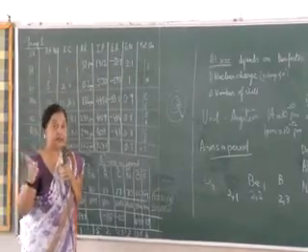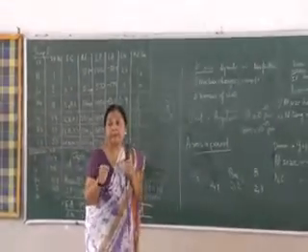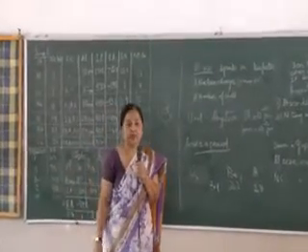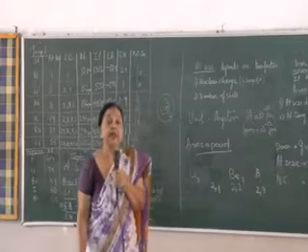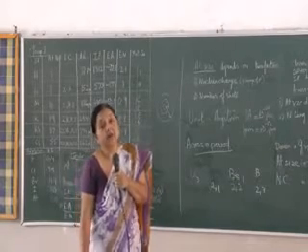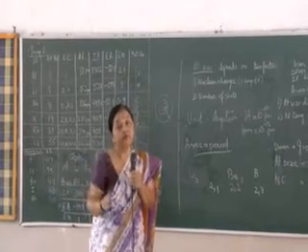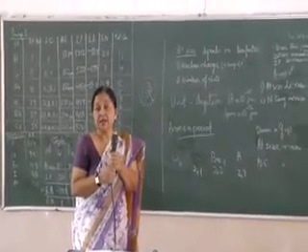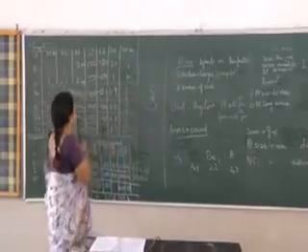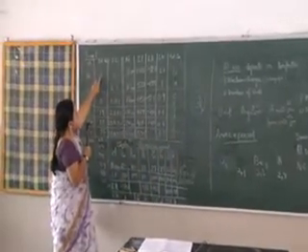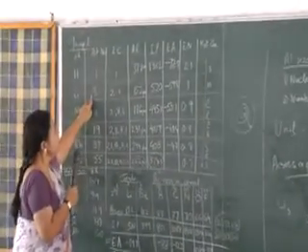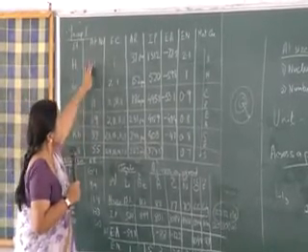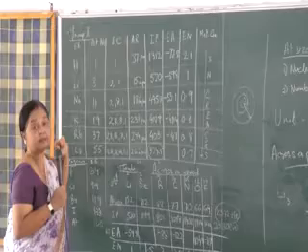The other factor, what is the other factor? Nuclear charge. Number of shells is one factor. It keeps on increasing, so the size keeps on increasing. The other factor is nuclear charge. Now what happens when you are moving down a group? The nuclear charge increases. See the atomic numbers. There's only 1 proton over here, 3 protons, 11 protons, 19 protons. So the nuclear charge keeps on increasing.